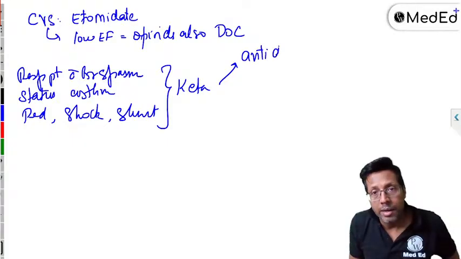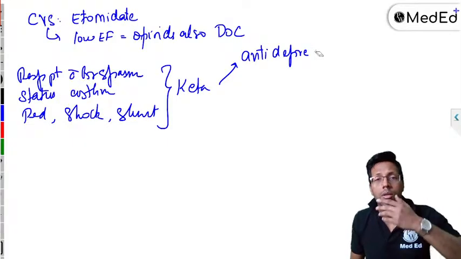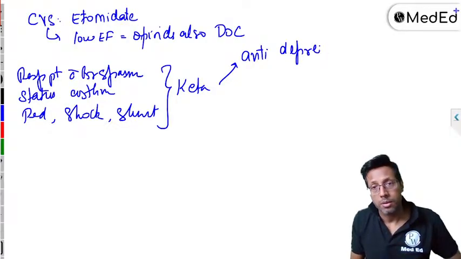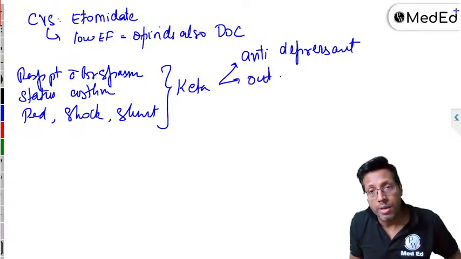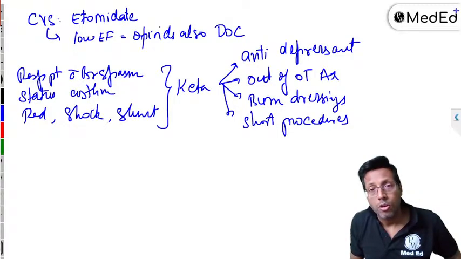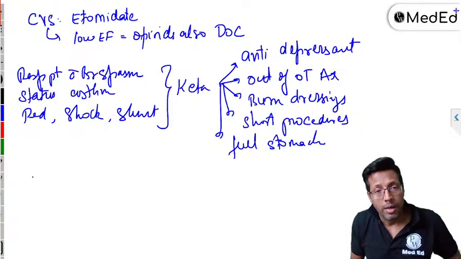Ketamine, antidepressant. This time's INI-CET question. Antidepressant, ketamine, if you remember. INI-CET, ketamine, antidepressant. It is used for out of OT anesthesia. All right, burn dressings, short procedures. Full stomach patient. Right, CNS,